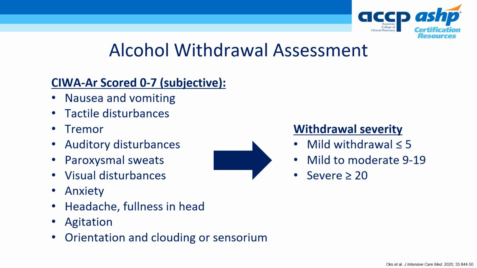The Clinical Institute Withdrawal Assessment for Alcohol, or more affectionately known as the CIWA scale, is the most widely used symptom monitoring instrument for alcohol withdrawal. Following CIWA scoring, patients are categorized into mild, moderate, and severe withdrawal based on the score. Although widely used, there is increasing criticism for CIWA scoring as it is rather subjective and scores can be influenced by conditions other than alcohol withdrawal.